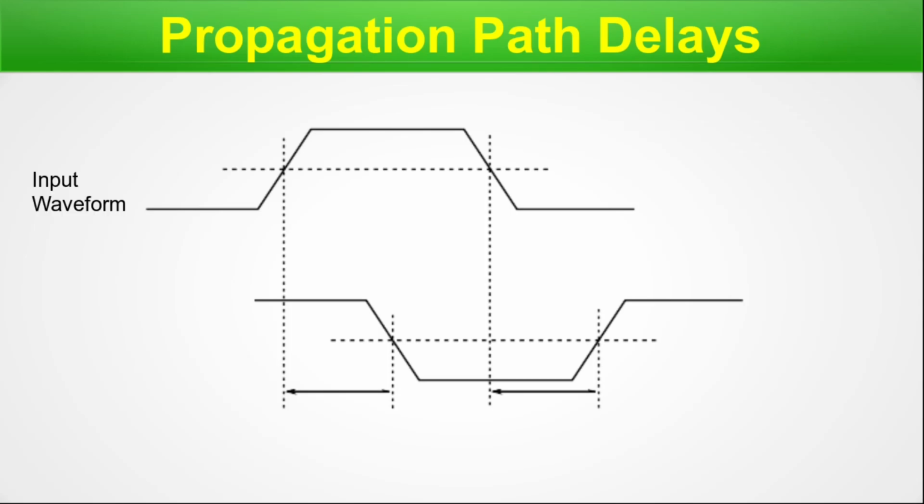This is the input waveform, this is the output waveform, and this is a 50% cut. This is TF and this is TR. Here you can see that there are two waveforms. The above one is the input waveform, which is generally called the reference waveform. The below one can be the output of a logic gate or an IP or simply a design block. Whatever it is, the delay is measured on it.